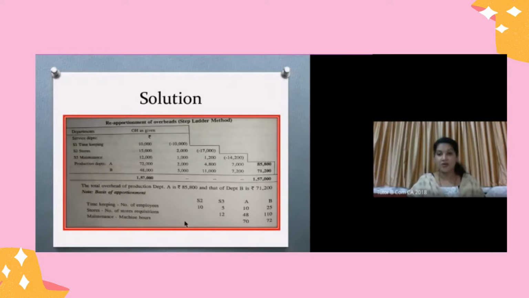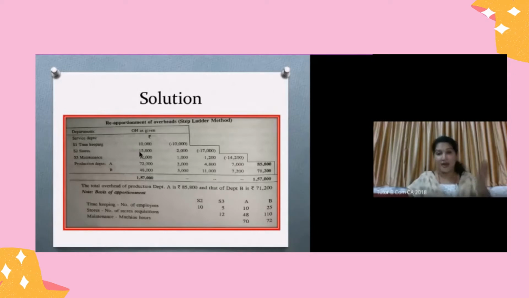10:5:10:25. The total will become 50. So we are going to share that, and remember it will be written in the form of step down in the vertical form. That's the particular nature of step ladder method. So we arrange that in this order. Remember, in that arrangement, S2 also will be getting a share of S1. Right. The next one, what we are going to do is we will be going with redistribution of S2 expenses.